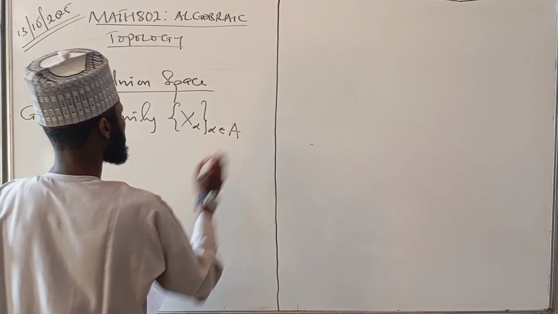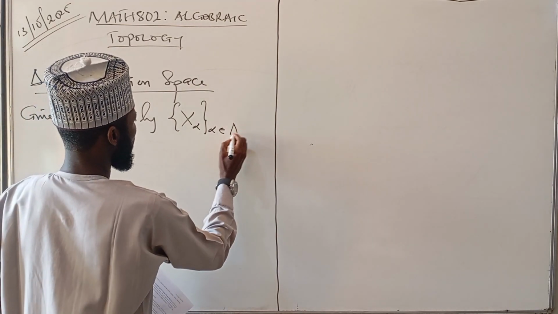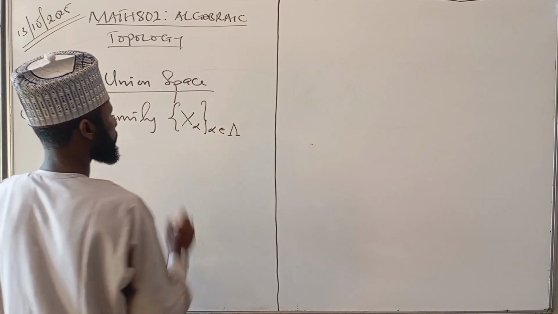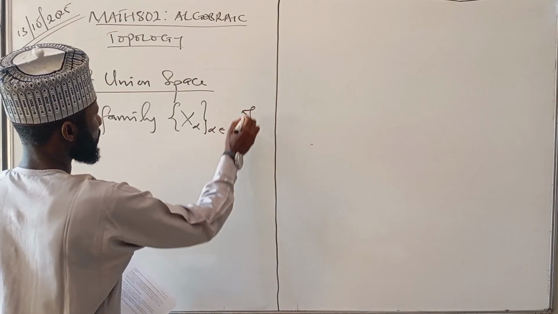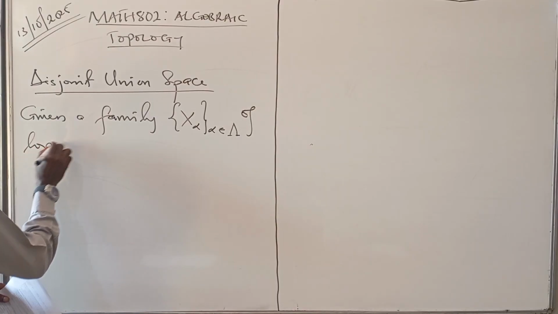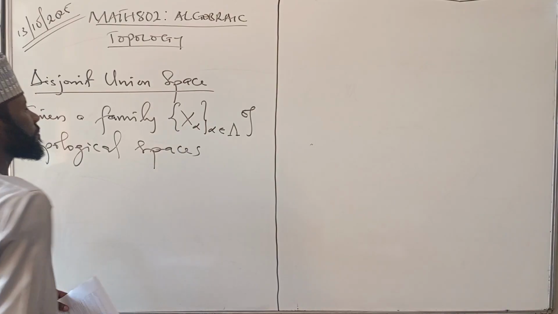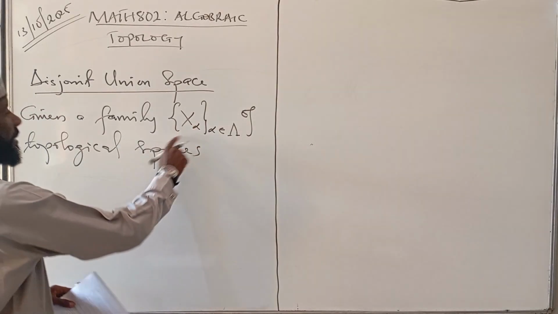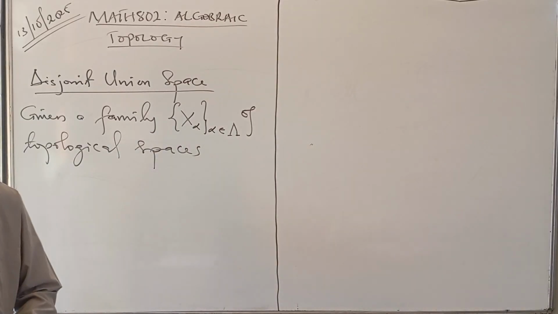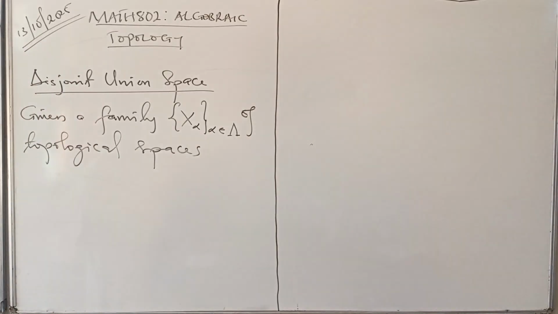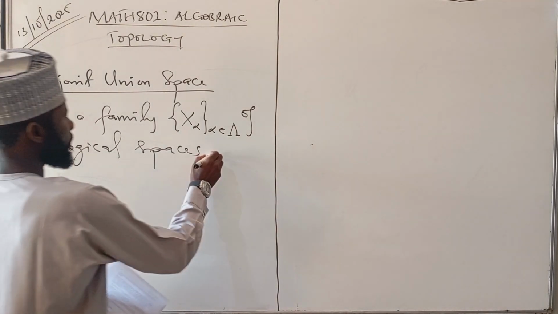Let me use gamma as my index set. So if you have any family of topological spaces, then we understand that each X alpha is a topological space, so there is an underlying topology which we have not written explicitly. Then on the union,